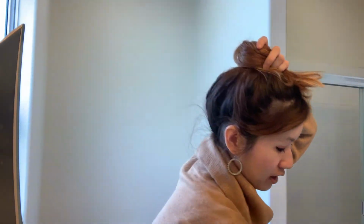So what I've been doing on a day-to-day basis is, I've been wearing a more subtle makeup look, just so that I can still feel more put together rather than just rolling out of bed and going directly to a conference call. And I've been putting my hair either in a ponytail like this, or sometimes I'll twist it into a top knot,